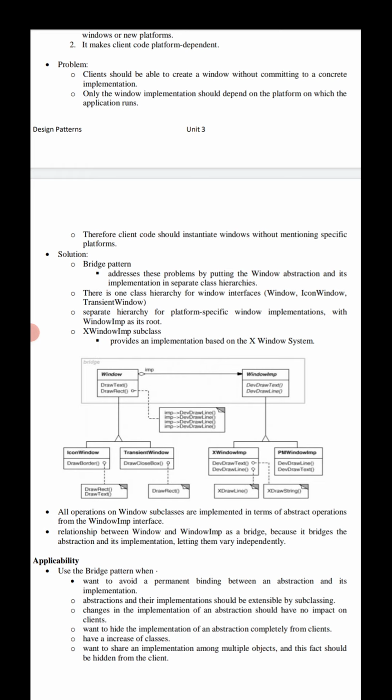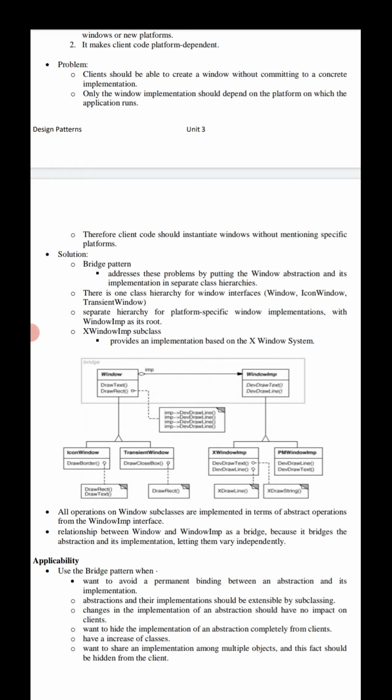Look at the solution in this diagram. There is one class hierarchy for window interfaces, that is window, icon window, and transient window. We need window, icon window, and transient window.